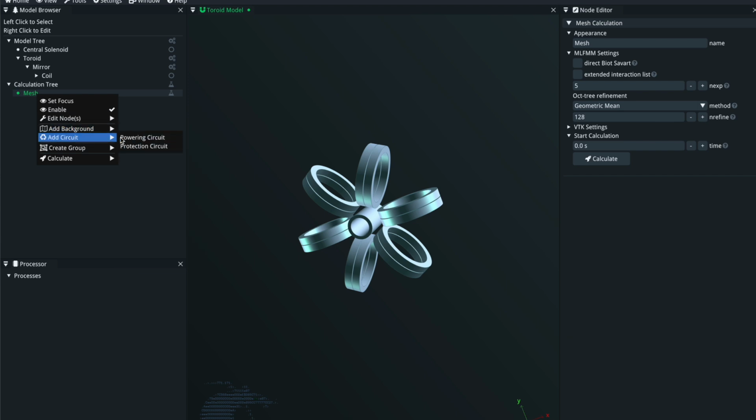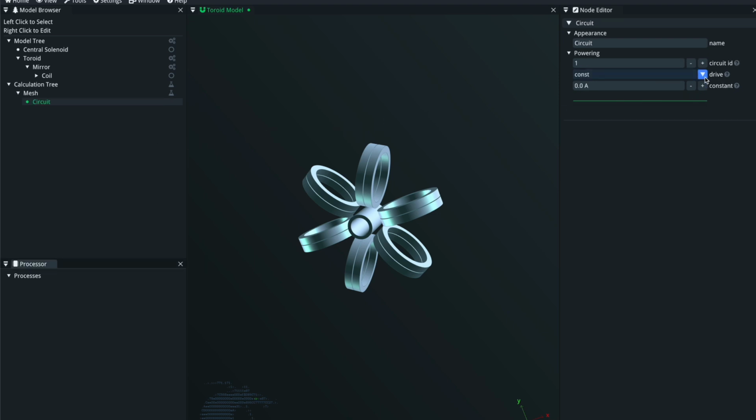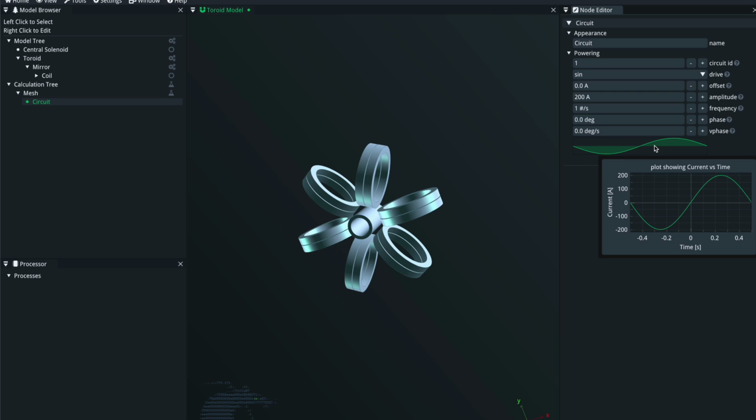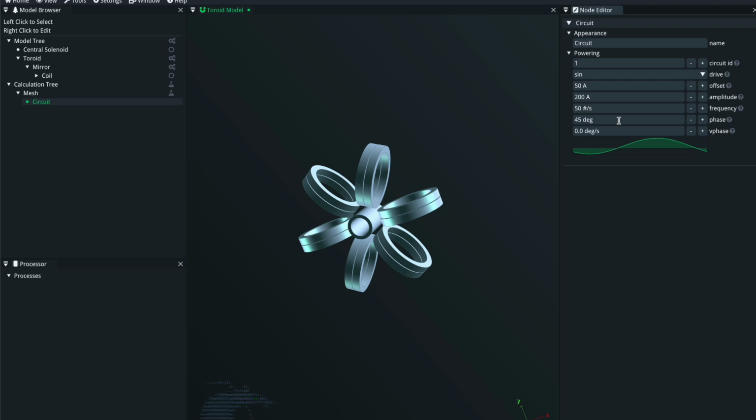So I add a powering circuit, and I choose, for instance, a sine wave because that's nicely changing versus time. I set a different amplitude. Then you can see, if you hover over the graph, that the amplitude is 200 amps now. I changed the offset a little bit. I don't want to have the zero line at 0 but at 50. I changed the frequency to 50 hertz. Now you see that the time axis has also changed, and I want to have a phase shift of 45